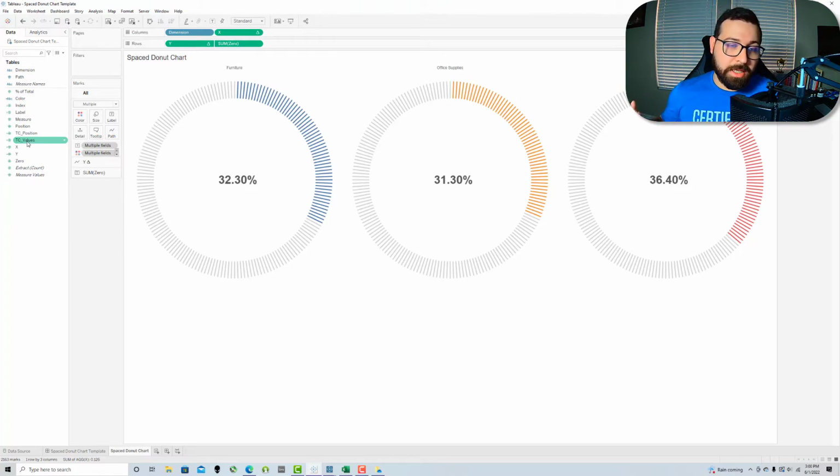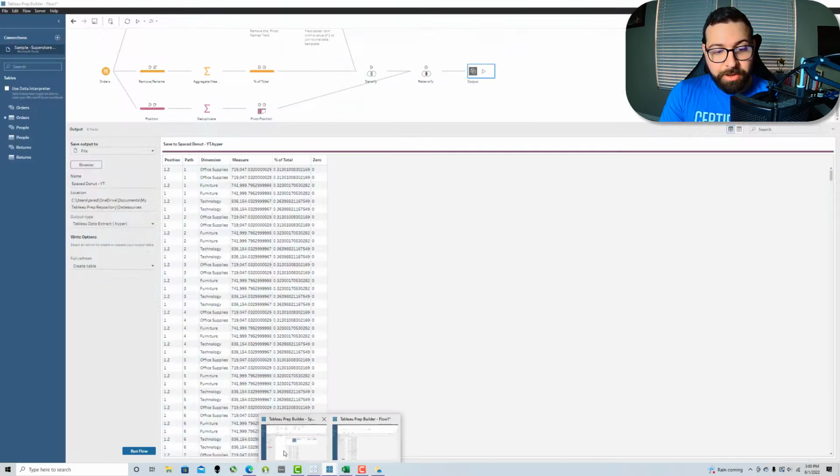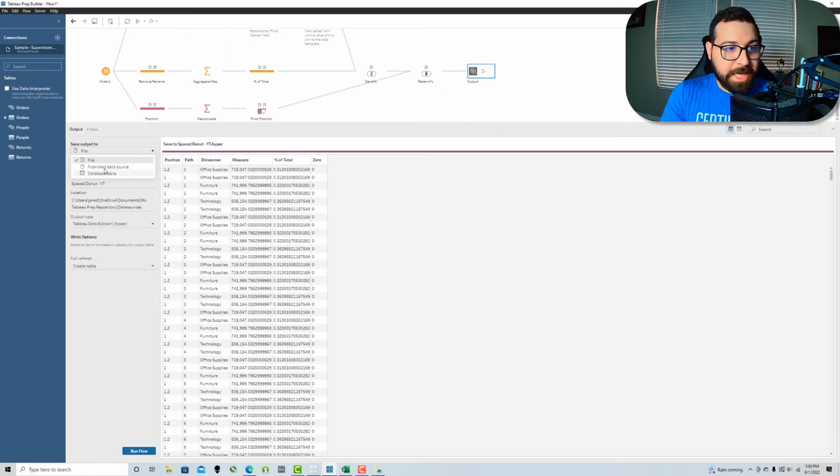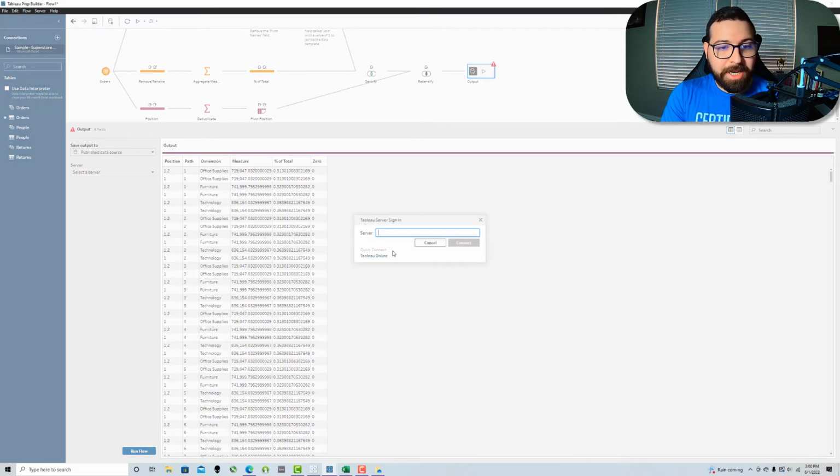It's ready to go. So again, what this prep template is going to do is take your data set, you just pick which column you want to use as your dimension, which column you want to use as your measure, keep only those fields, rename them, and the flow does the rest of the work for you. Then when you plug it into the workbook, it already has the charts built out, so you've got your spaced charts with your percent of total. Now, you could also take that flow and output it instead as a published data source. I'm going to output that to my